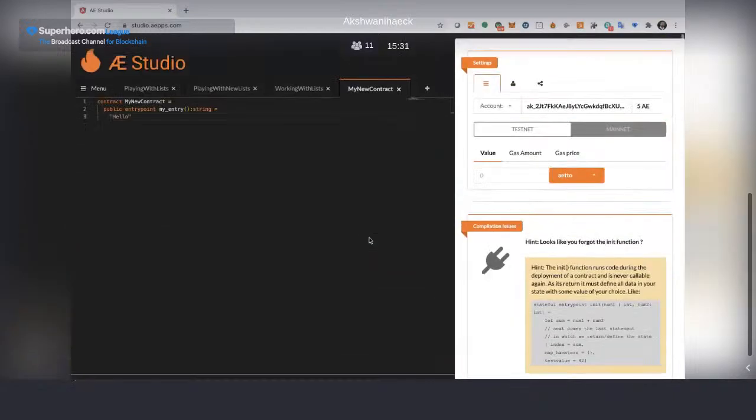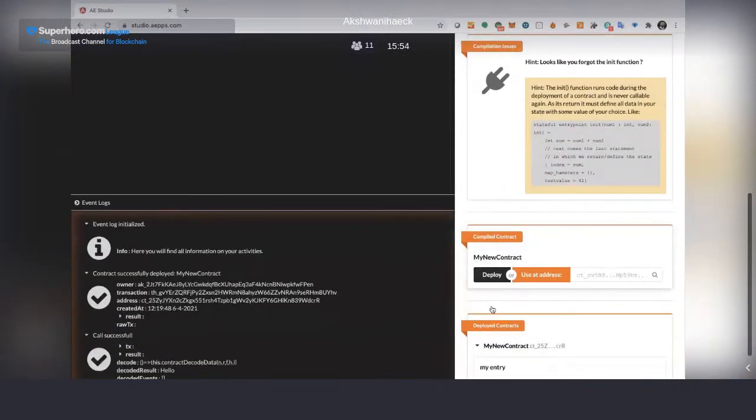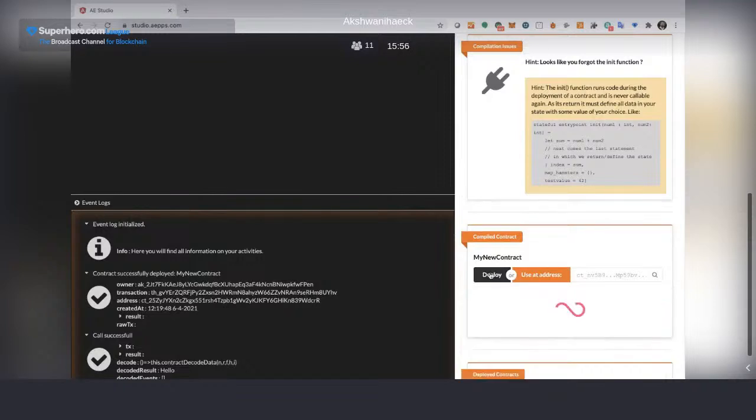But of course, if you have a minimum change on the state, then you will need to have your entry point. I'm not sure if it's going to give you some error or not. I think it's giving you an error.